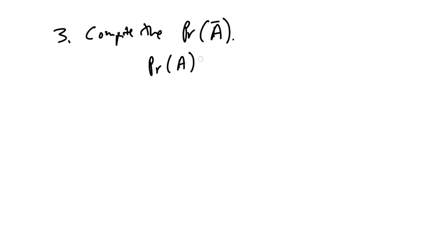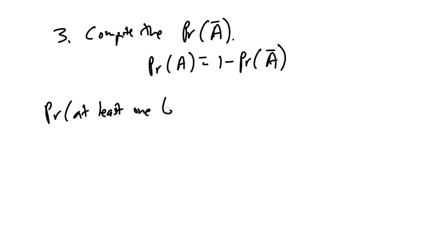Here's a third way, and this is kind of a trick, and that is compute the probability of the complement of the event, right? Because we remember the probability of A is equal to 1 minus the probability of the complement of A. That's just the nature of how probability measures work, right? Because everything has to add up to 100%. So if I have a 36% chance of getting some event, that means I have a 64% chance of not getting the event, right? So I could say that the probability of at least one 6 is equal to 1 minus the probability of not getting at least one 6, right?